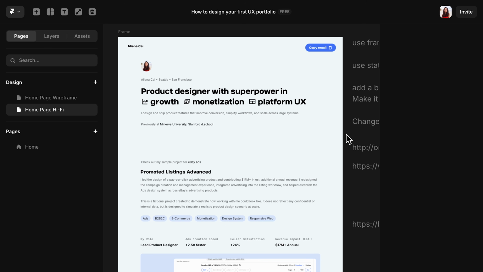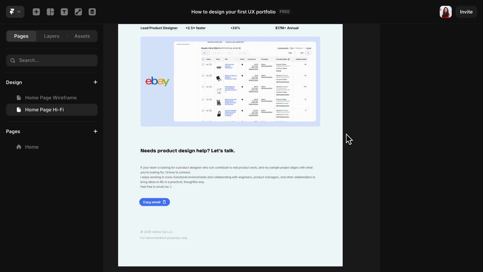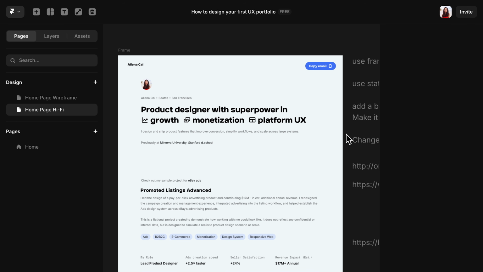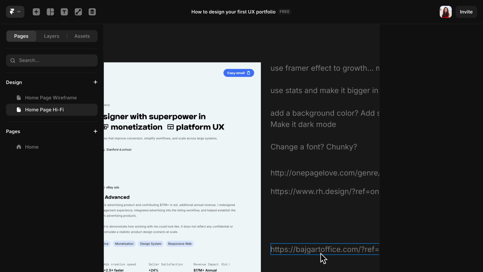These are designs I brought my friend for feedback. These designs are not perfect. They are not even aligned, and the content is really rough. As I got feedback, I took quick notes beside the frames to mark what I can improve. You can also share multiple design directions with your friends and then ask them to pick the one that they like.